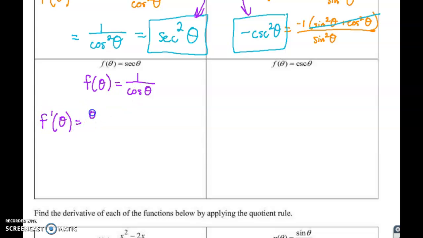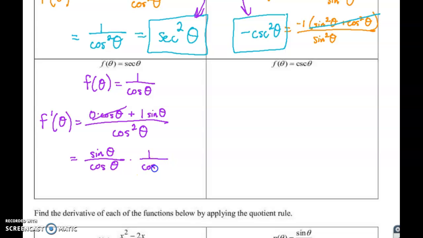Because the derivative of the top is just 0, leave the bottom alone, except that with the denominator, 0 times anything is just 0. Minus, leave the top alone, the derivative of cosine is negative sine, over the denominator squared. Now we don't typically leave the answer like this, because what you can do is rewrite it as sine of theta over cosine theta,